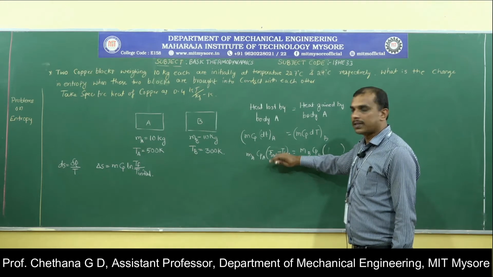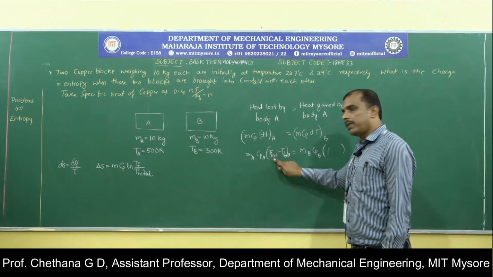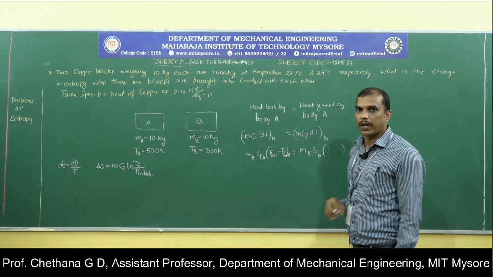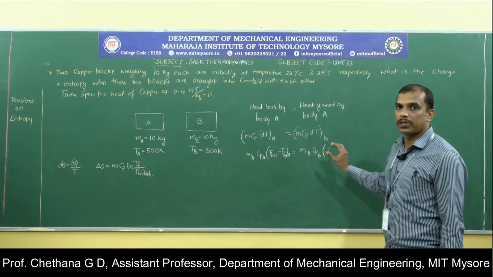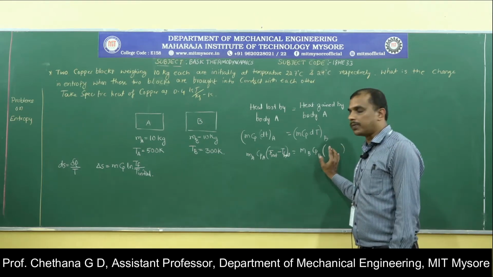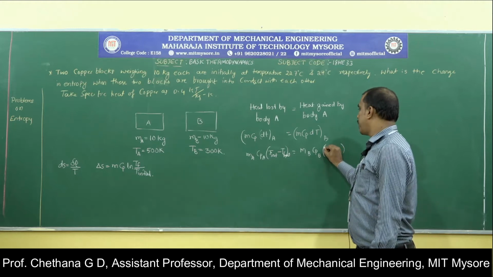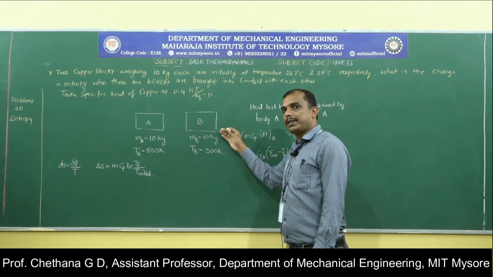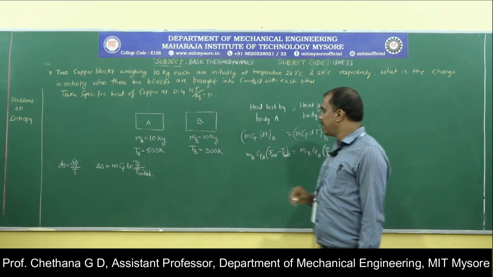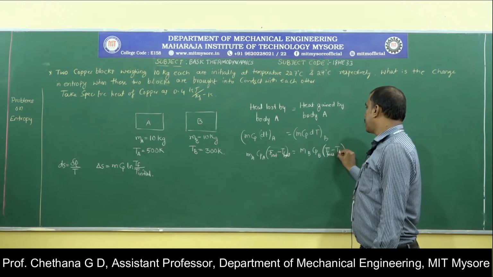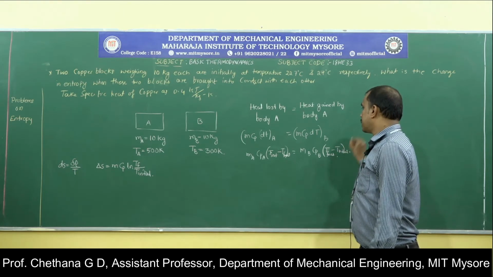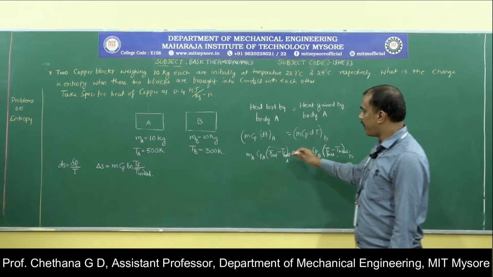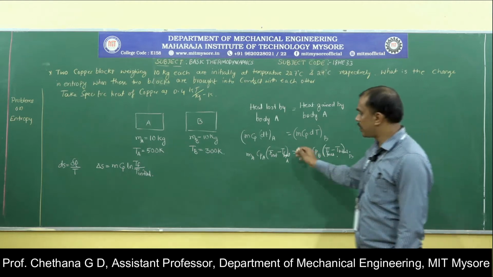This will be positive because for body A, T initial will be higher than T final. So this would give us a positive answer. Similarly, here also make sure that you are keeping this positive. How to keep this positive? T final will be greater because body B is relatively at lower temperature. After heat addition to this, the temperature will rise, so T final will be greater than T initial. So this is of body B, this is of body A. Be careful, T final will be same for body A and B, you need not worry.